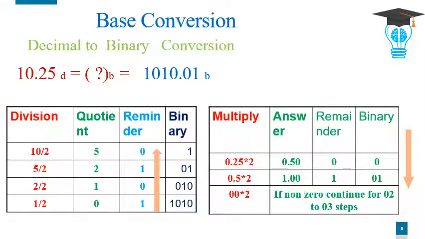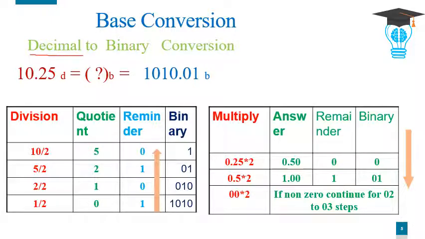In the previous slides, we have converted base 2 number system, that is binary number system, to its equivalent decimal, hexadecimal and octal number systems. Now let us see how we convert a decimal to all the other number systems. To start with, we will convert decimal to binary.